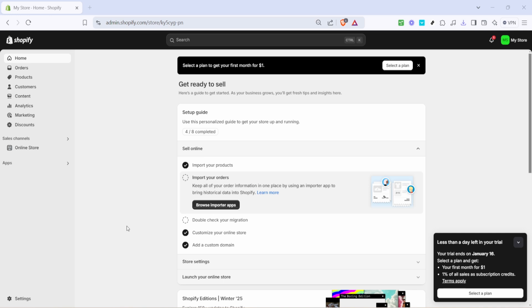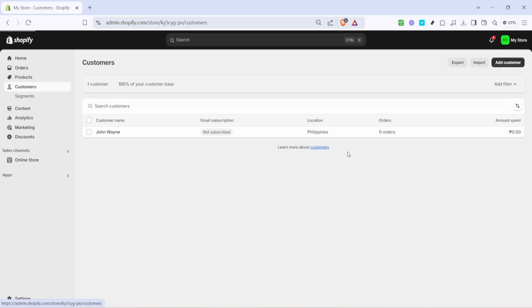Let's dive right in. First, you'll want to head over to your Shopify admin page by logging into your account. Once you're on the homepage of your store, find the Customers tab on the left-hand side. This is your gateway to managing all your customer information. Clicking on it will take you to the Customer Management section, where you can view existing customers and carry out